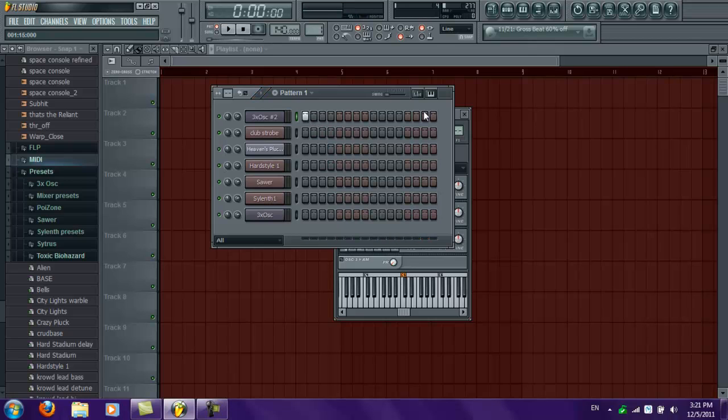The note stayed on, as anyone who is not deaf can tell. Oh, sorry, I shouldn't have said that. But anyway, the note stays on, alright? So that's obviously bad. So mainly what you're going to use a step sequencer for is just loading these up